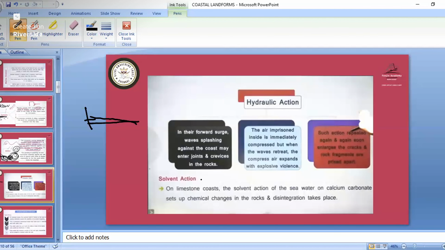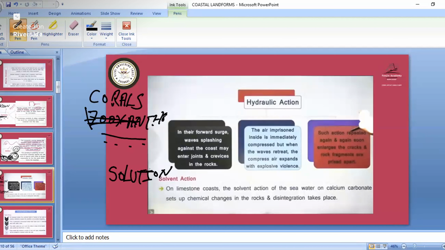Then we have solvent action, or you can say solution. When the water is coming from this side, you know that in the sea we have corals, zooxanthellae. When they die, their body parts, which are made up of limestone,